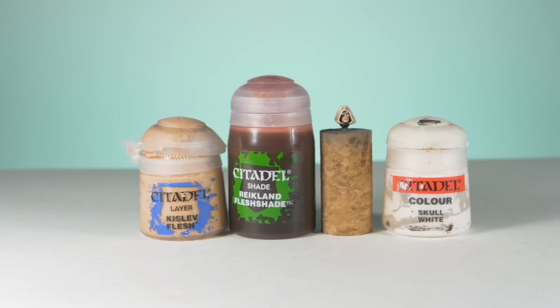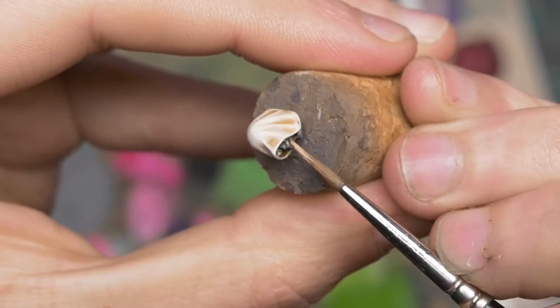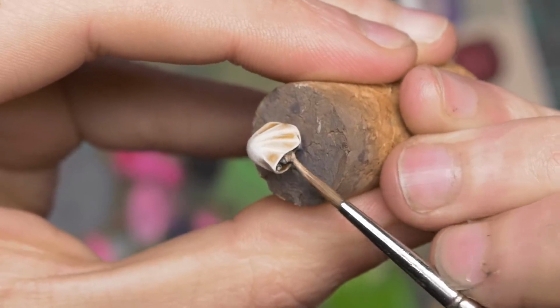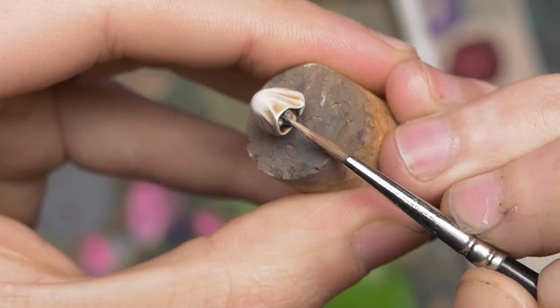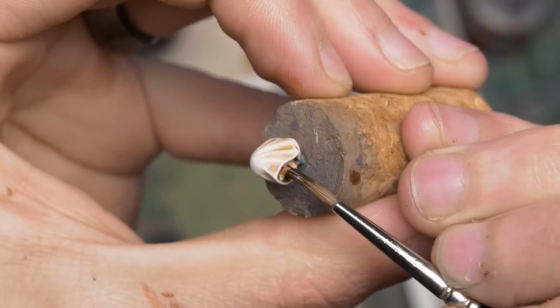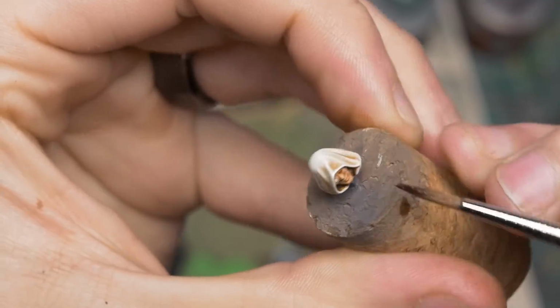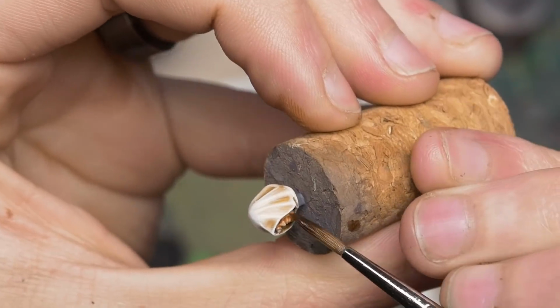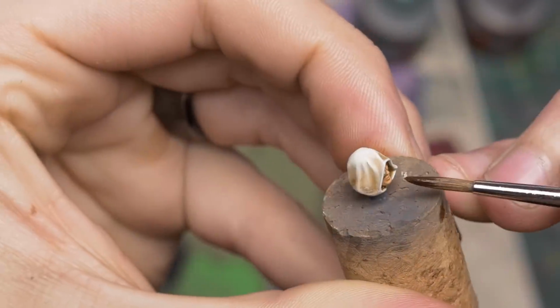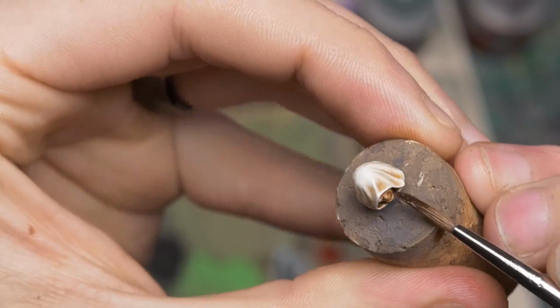Next, we'll work on the face of the model, following Paul Norton step by step as laid out on his Instagram. We'll start with Kislev Flesh, wash it with Reikland Flesh Shade, and then layer it back up, starting with Kislev and progressively adding more and more white to the mix. Places that you want to target are the end of the nose, the eyebrows, the chin, and the cheekbones. Normally, you also want to do the forehead, but Zachariah's hood is covering most of it, so you don't need